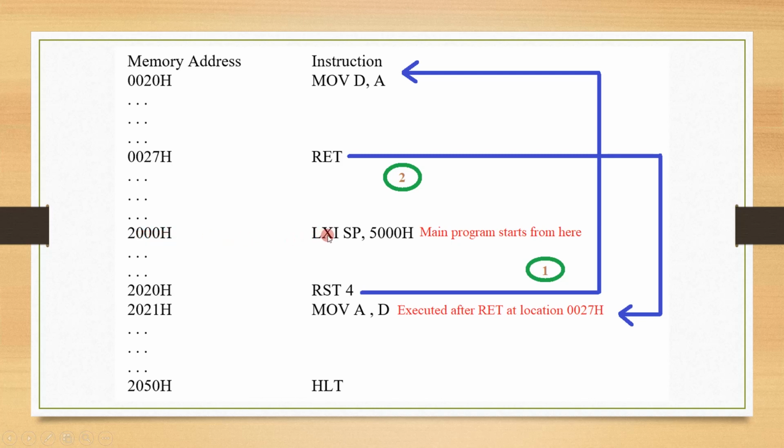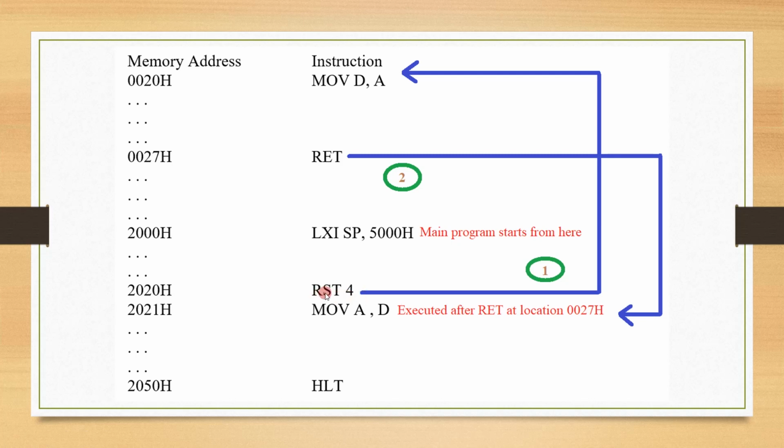The first instruction is LXI SP, 5000H. The next instruction is stored in location 2001H, then the next in 2002H. Likewise it will go on, and at location 2020H it will encounter RST4, which is a software interrupt,